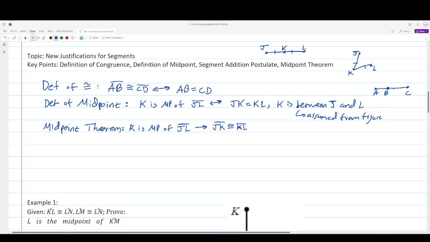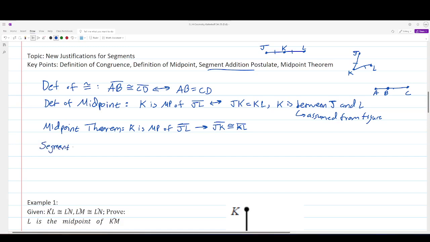Note that theorems are always one-directional. They're not biconditionals like definitions, so I'm only going to draw this arrow one way in this case. We could make it a biconditional in the same way, but theorems are not intended to be biconditional. They're one-directional properties. All right, the last thing to talk about here is our one postulate for segments,